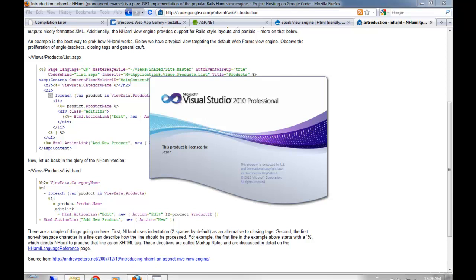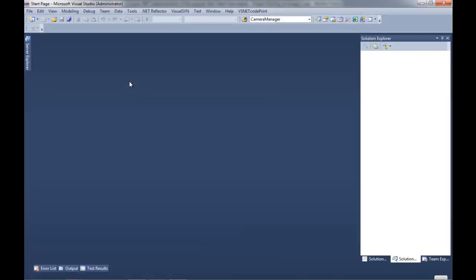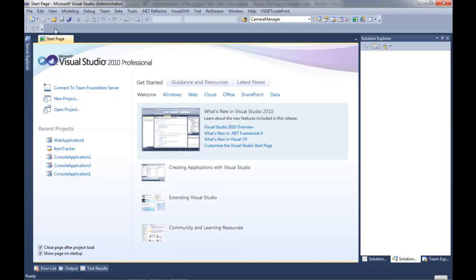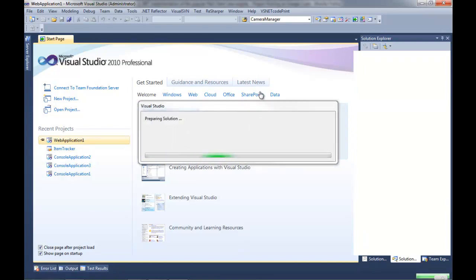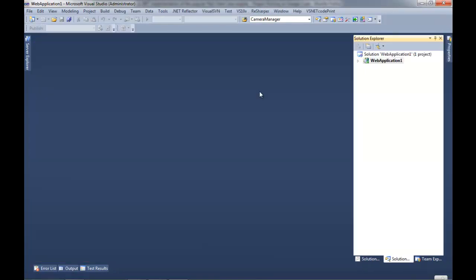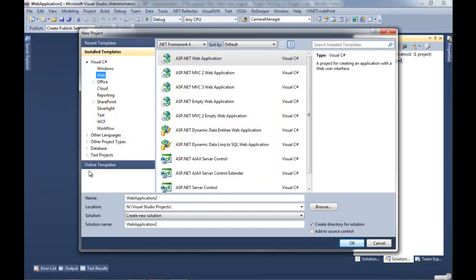The concept of a view engine is that a view engine is responsible for printing the end result of what gets sent to the browser. It's not responsible for performing logic or doing things or sending emails or reading from databases or anything like that. That's the model. The view engine is responsible for printing the HTML, and we can do it in a bunch of different ways, which we'll see.